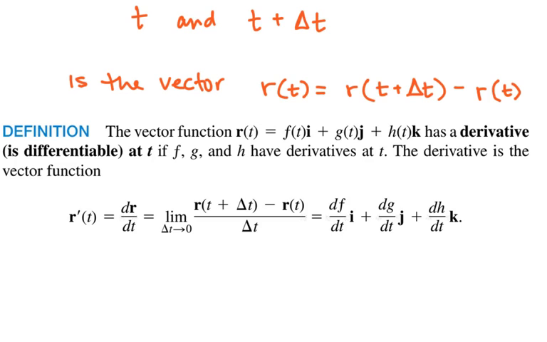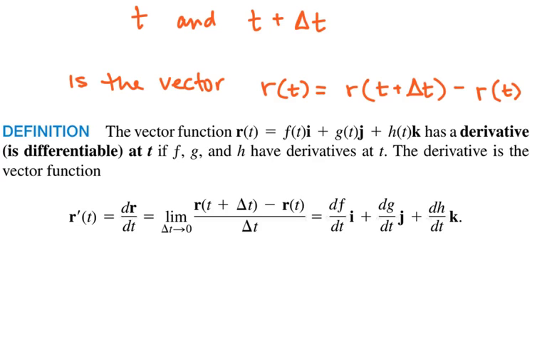So given the vector function, as long as it has a derivative or is differentiable at that point t, and f, g, and h are also all differentiable, then the derivative r prime of t, or using a different notation, the derivative of r with respect to t, is going to equal the limit as that change in time approaches 0. And then we have r of t plus delta t minus r of t over that change in time,